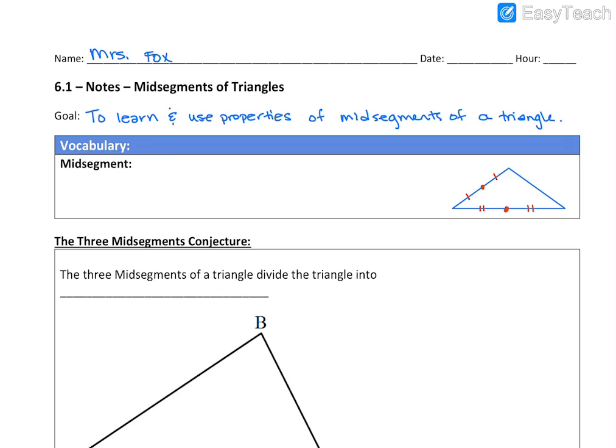The mid-segment is going to be this segment that connects those two midpoints right there. So we'll call this point A, this point B, and segment AB is a mid-segment, I should say,